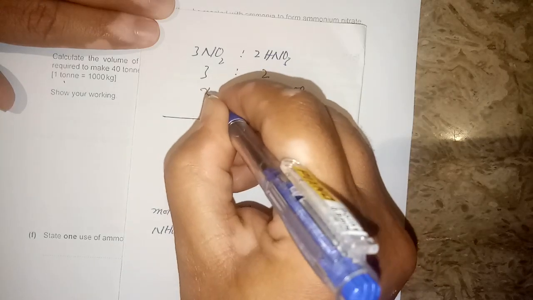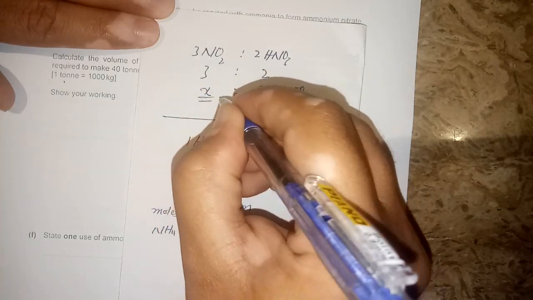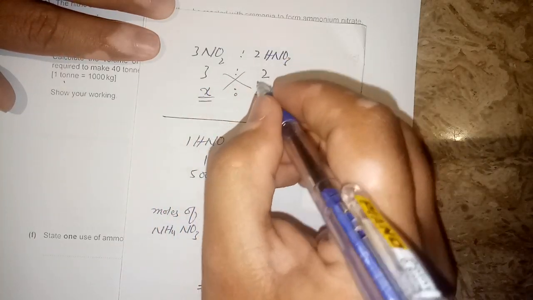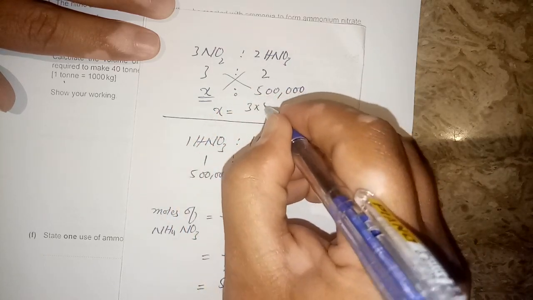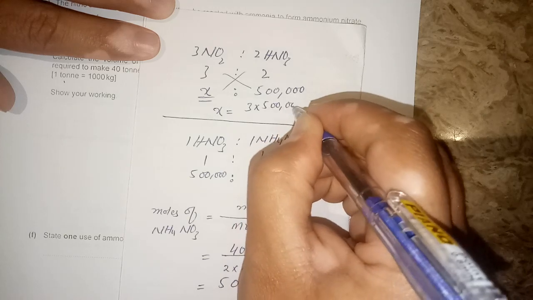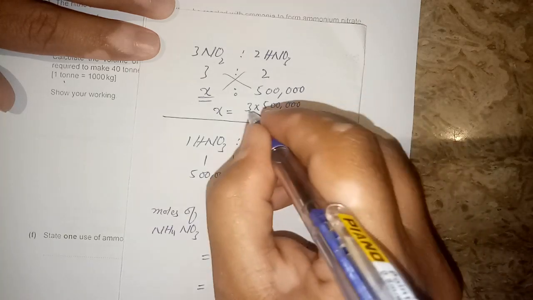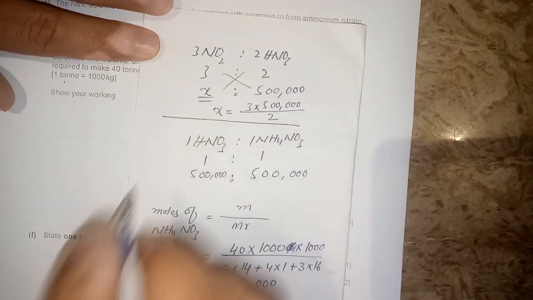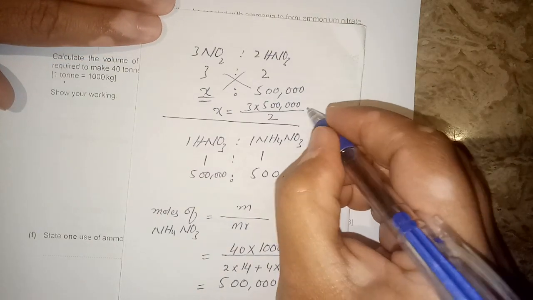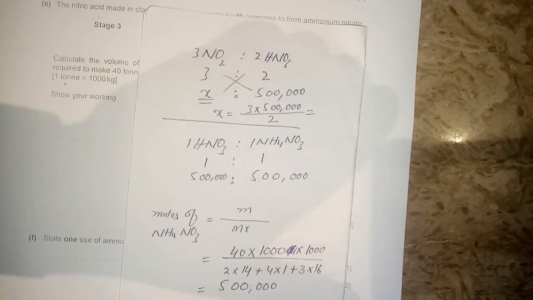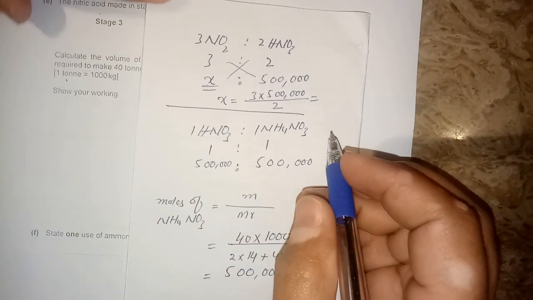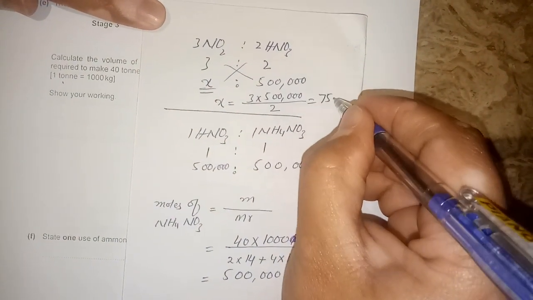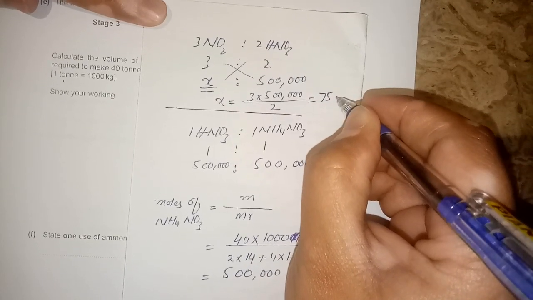So what should be the value of this one? So this will be the x. Now by cross multiplying, we get that x will be equal to 3 times 500,000, then whole divided by 2. So we have to do the calculations again. So as a result, we will get the answer 750,000